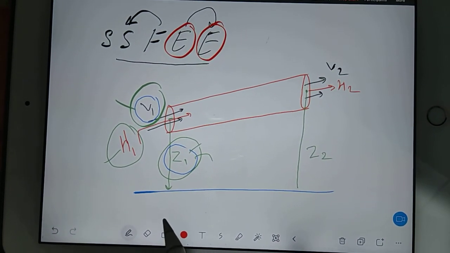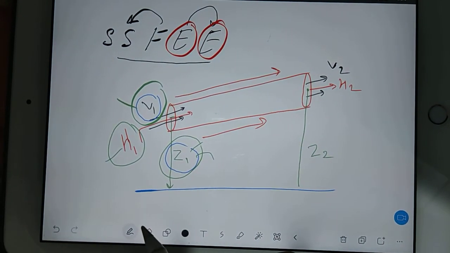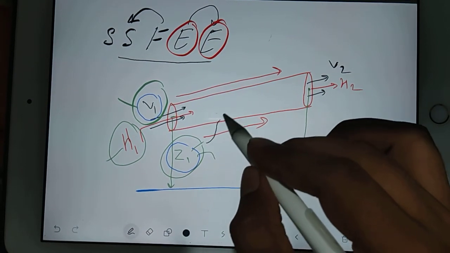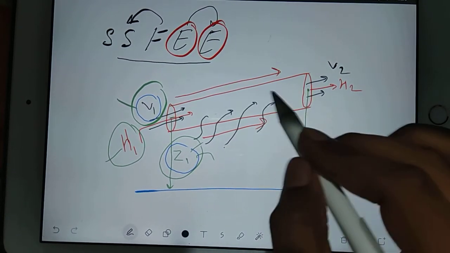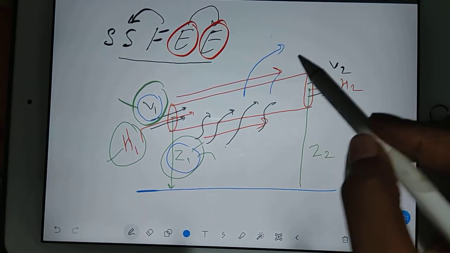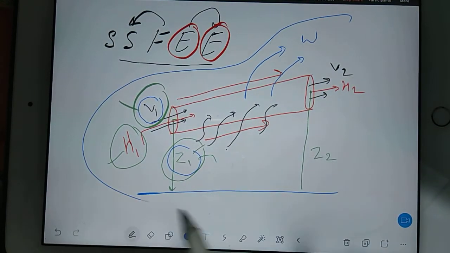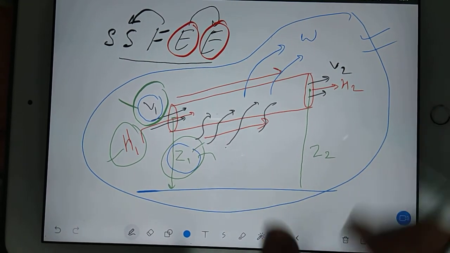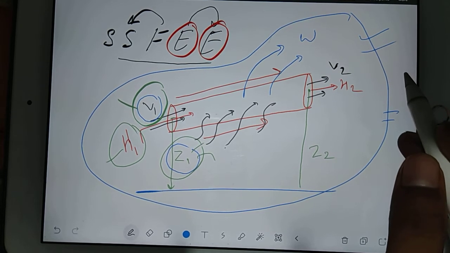Now see, when the flow is happening, you can also do one more thing. You can also supply any kind of heat on the way. Like you keep on supplying heat here, meaning you are heating. And maybe because of this heating, you may get some kind of work output. So this is the entire assumption you can consider in any pipe flow. More than this, no extra additional features are there.